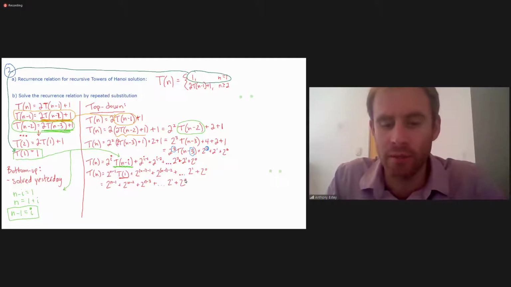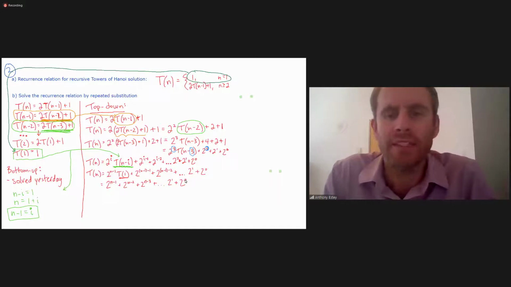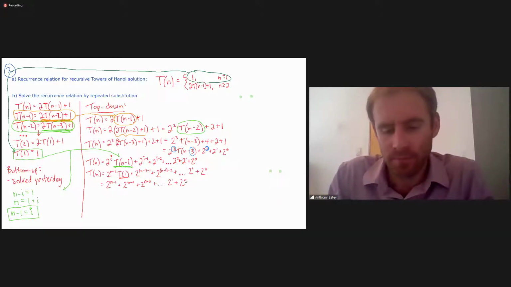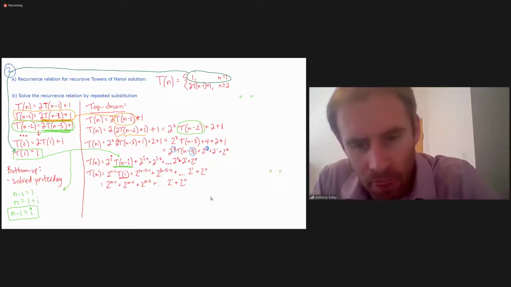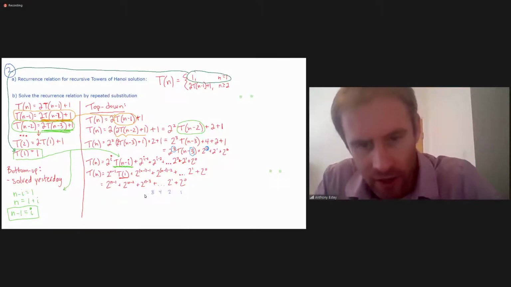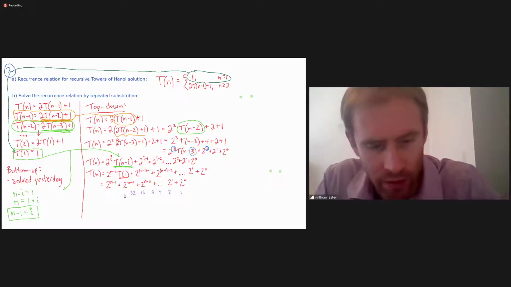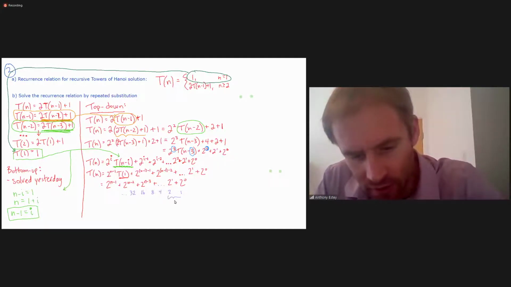And now this is very similar to something we've seen before. I guess this is something that maybe some of you have seen from working with binary numbers. Because if we write all the powers of 2 down, all the way up to whatever 2 to the power of n is, and we add these numbers together,